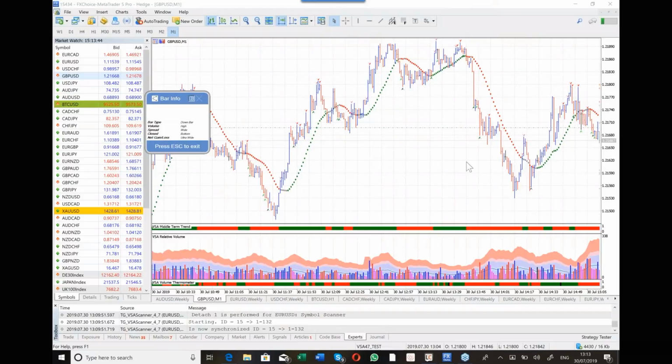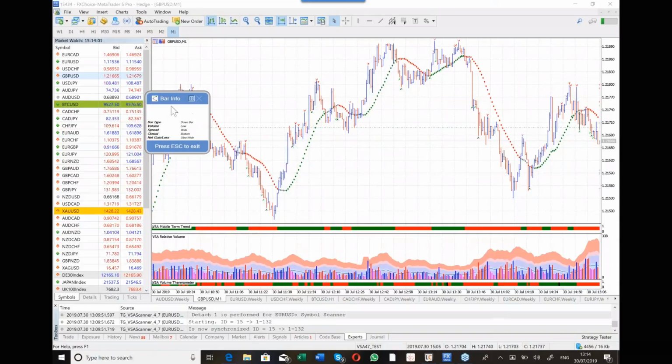Okay, so we've got a trade here, and I just want to show you a feature of the software that many of you aren't aware of, but I find very valuable. We're currently short the British pound here. The reason for it is what happened over here. I want you to focus on the bar information window here. This is my FX Choice Live account. I'm using a 1 minute chart for this. I'm shortly going to bring the stop down to a break-even position, but at the moment I'm short because of what's happened over here.